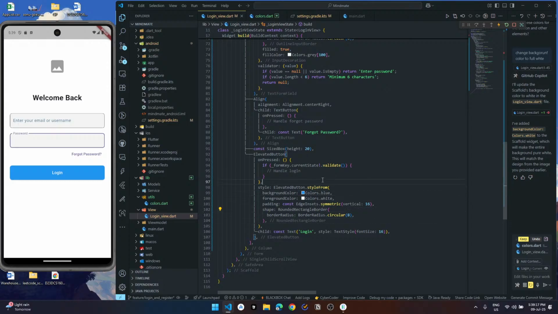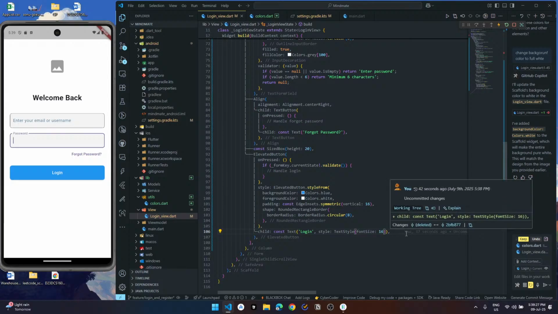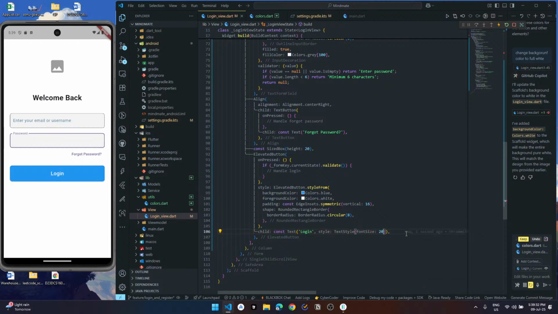And back button border, login, right? We have style and this, and font size should be 20. No, not 18. 18 would be fine for sure. 16 would be best.